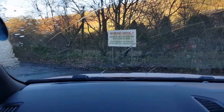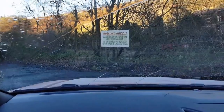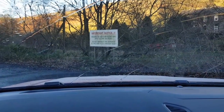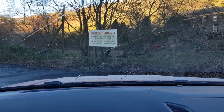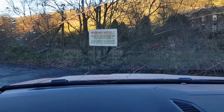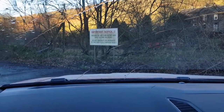So basically one wheel should be turning faster than the other wheel as I'm turning, but because the differential's locked, it means that they're both turning at the same speed, which means that it's brought it to a halt. So now for me to move, I've got to press the accelerator,